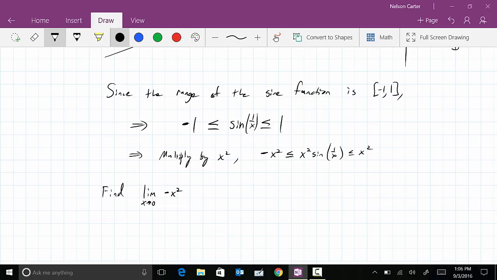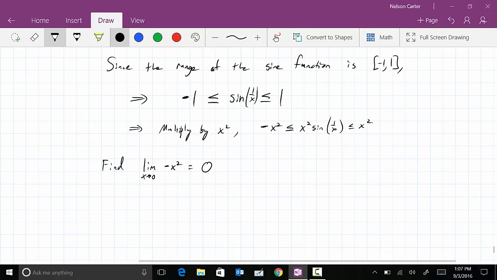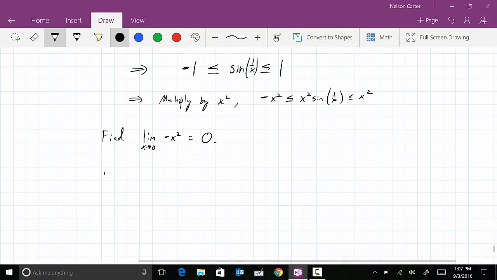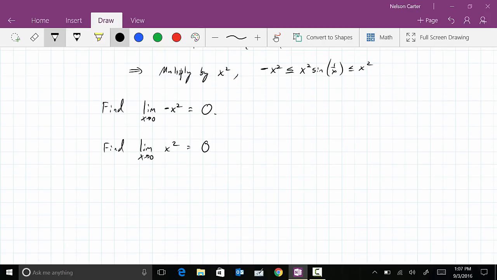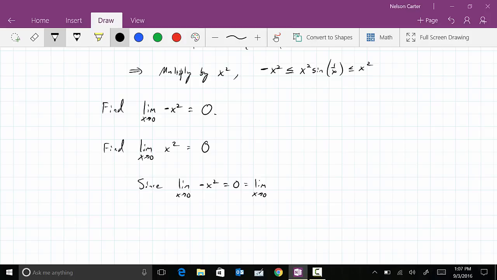Well, this is a polynomial, so you can use the direct substitution property, and you're going to get -1 times 0 squared, which is just 0. Now we're going to find the limit as x approaches 0 of x squared. Well, it's a polynomial, so you can use the direct substitution property. You can plug in 0. 0 squared is 0, so that means that's 0. So now we've shown that the limit as x approaches 0 of negative x squared is equal to 0, which is the exact same thing as the limit as x approaches 0 of x squared,